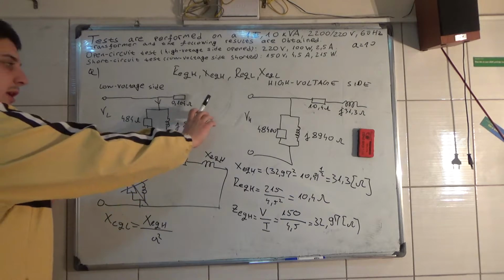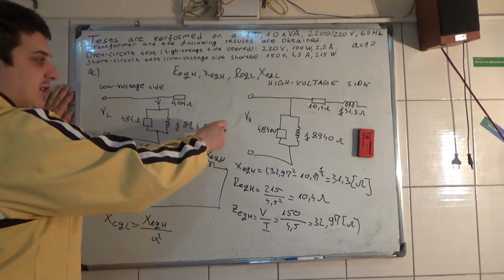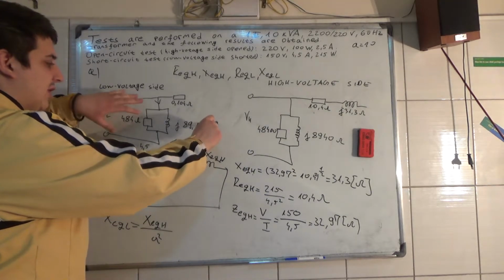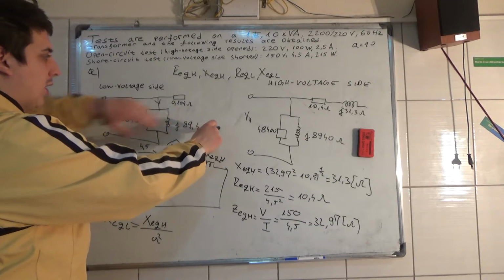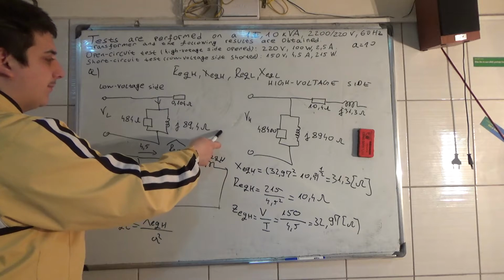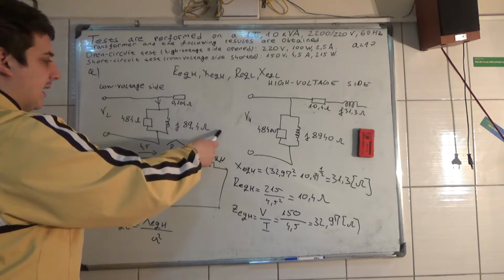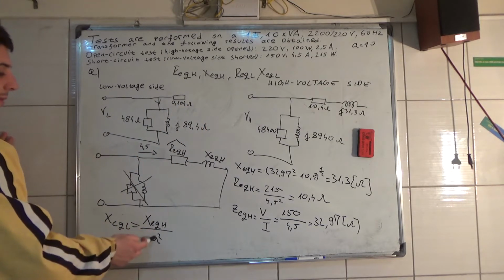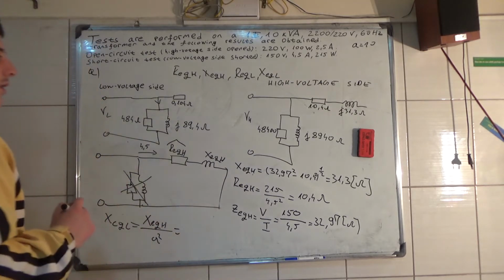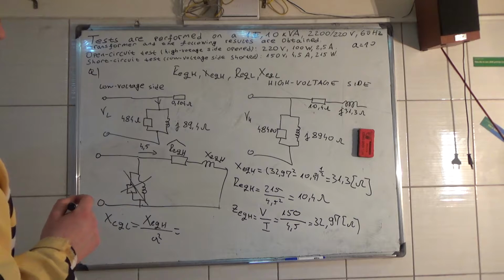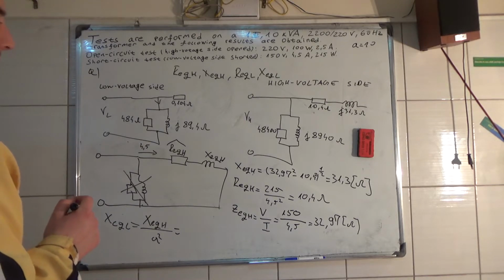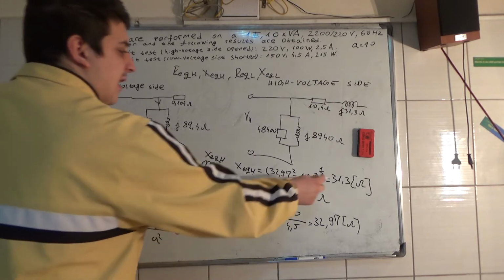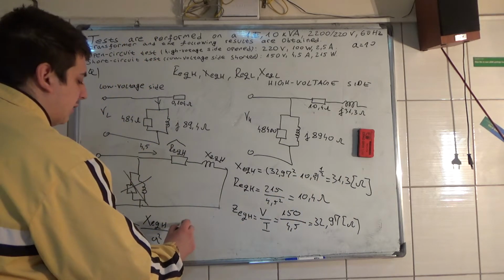Because looking at this, here is the high voltage side on this part, and to transfer the values from the high to the low, here we had this acting like a secondary, and moving from primary to the secondary, we need to divide by A squared, and that is equal to 31.3 divided by 100, that is equal to